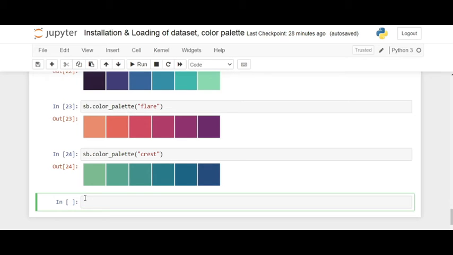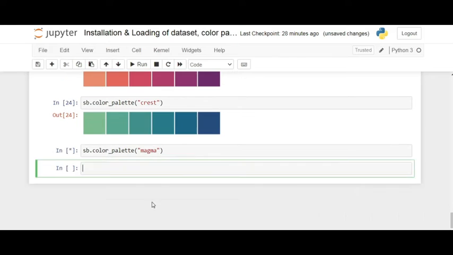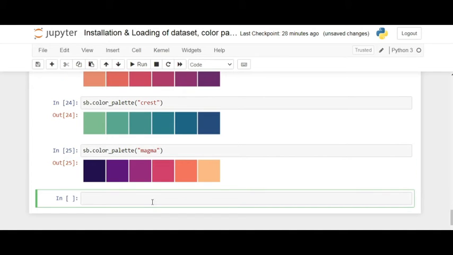Likewise there are others also, I will show you here. You can use magma, then you can use viridis,